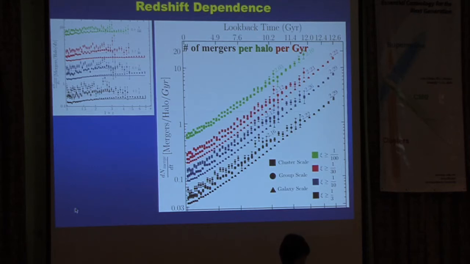So now if we put everything together, these are some nice units now. If you are an observer, you want to know how many mergers there are per gigayear. You can see the numbers are between very few for the major mergers, to order 1 at redshift 0, but they grow up to between unity and 20 or 30 at higher redshifts.